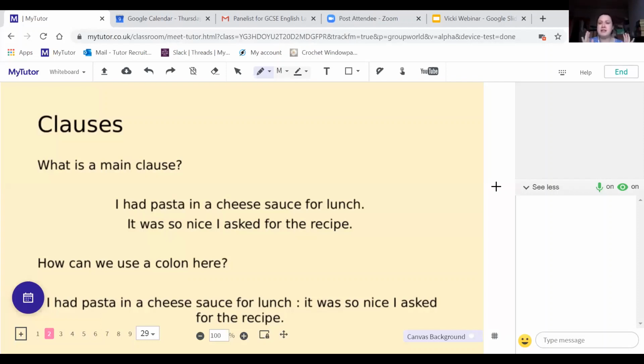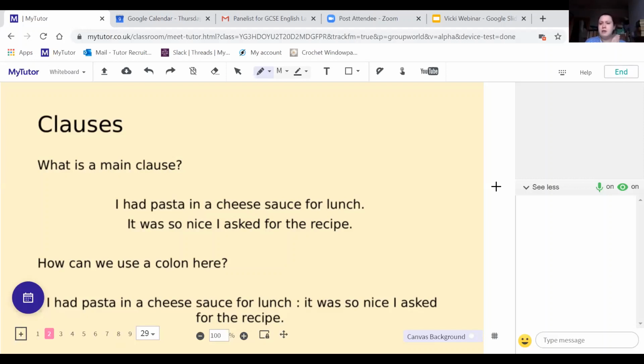So clauses, what I would say about clauses is I'm going to go through them, but don't worry about them because if you don't know about them and you don't talk about them in your exam, it doesn't really matter. The theory behind it is very, very linguistic, and you actually looking at it, identifying it and talking about it probably won't be as rich as talking about a language device or technique. So don't worry about it too much is what I'm trying to say in terms of prefacing this.